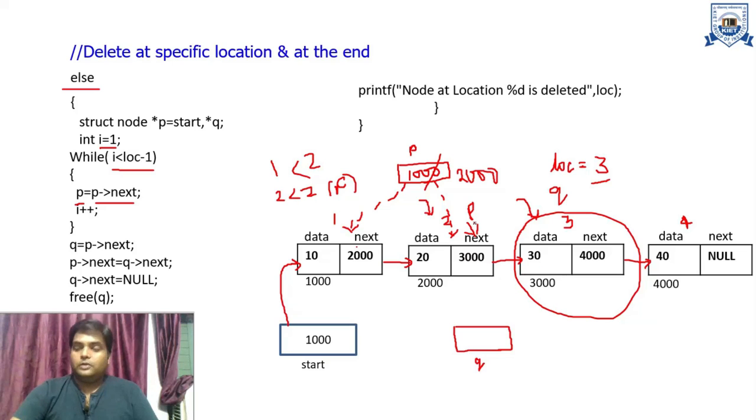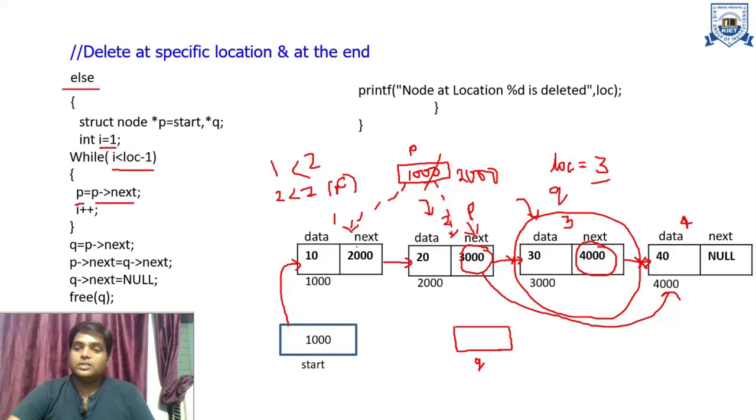Now if we want to delete this particular node, we have to terminate these 2 connections. For this connection, if we want to terminate it, the content of this field must be 4000, because when this particular node is deleted, then this node is pointing to this particular node, that means the location 4 node, and this connection is also terminated. That means this 4000 value will be replaced by what?